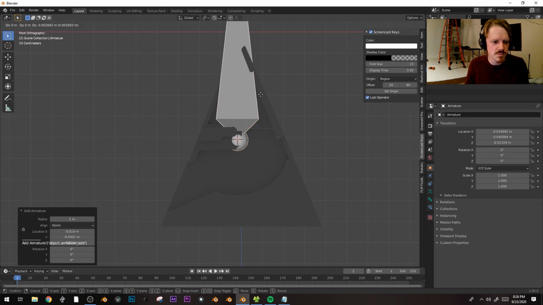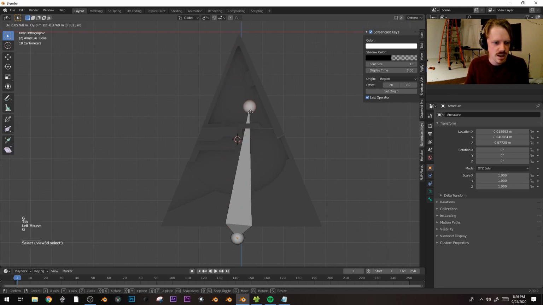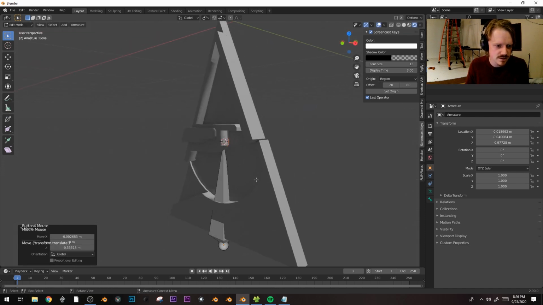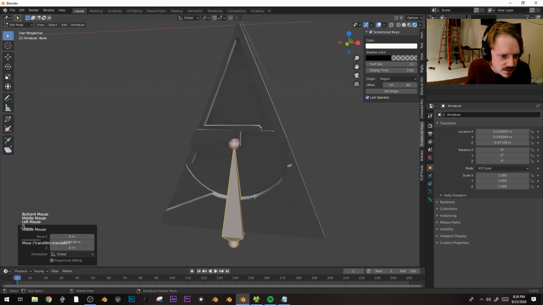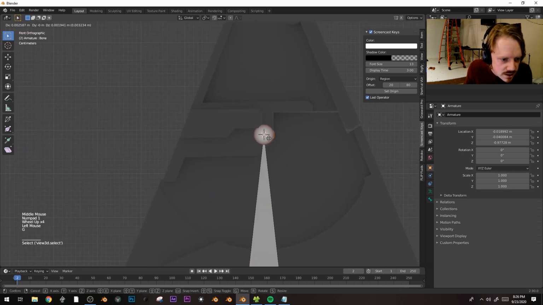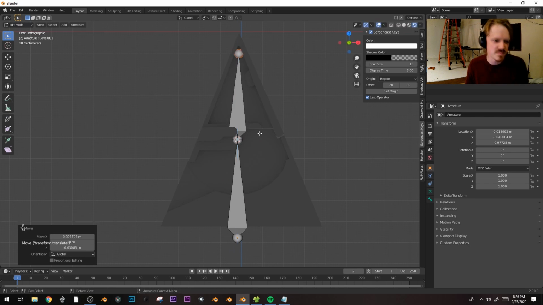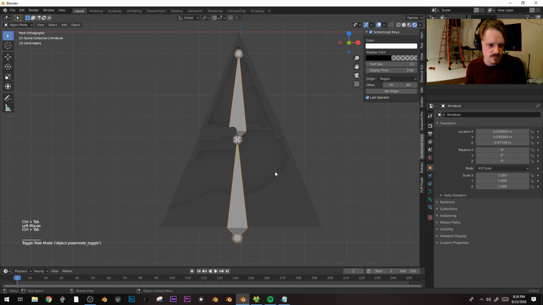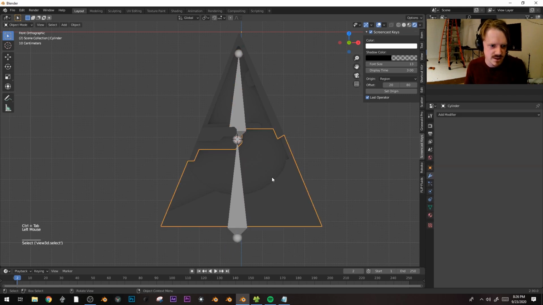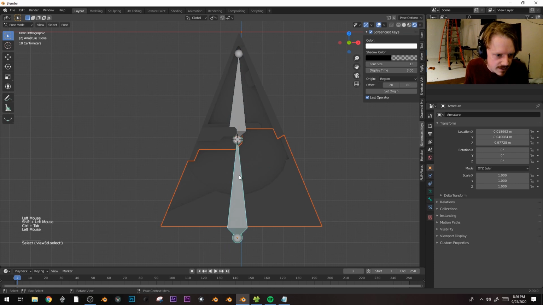Armature, single bone. I'm gonna go like this, and where do we want? Oh yeah, we want it still right there, hovering right over that origin. So this is going to be the bone for this lower bit, and this will be the bone for the upper bit. And let's see, if we go into pose mode, or object mode, we can select this, then shift click on that, go into,